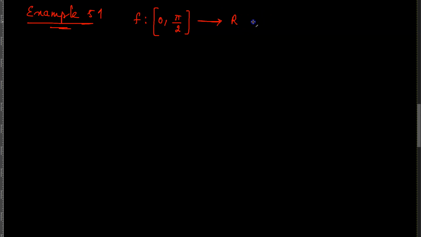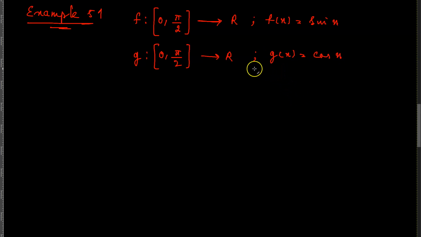Now example number 51. Example number 51, you have: consider a function f from the closed interval 0 to pi by 2 to r, given by f of x is equal to sine x, and we have some other function g from the closed interval 0 to pi by 2 to r, given by g of x is equal to cos x. We want to show that f and g are 1, 1,